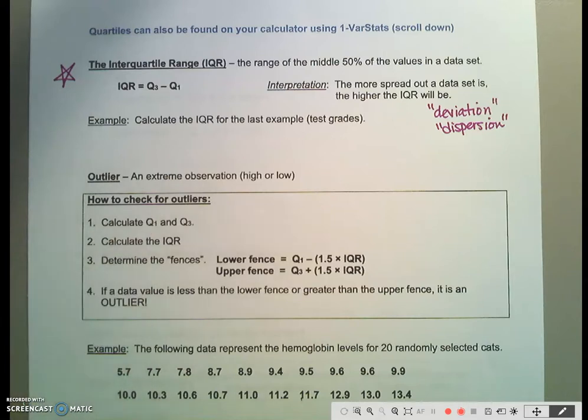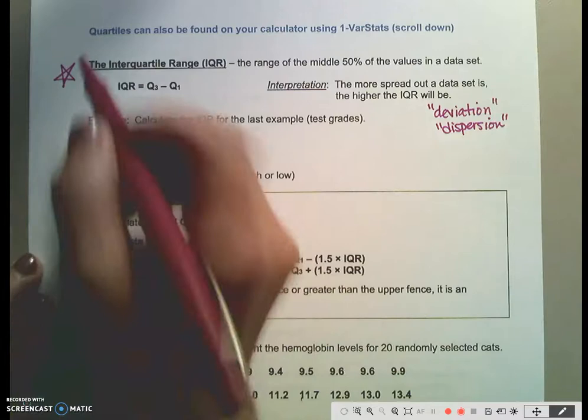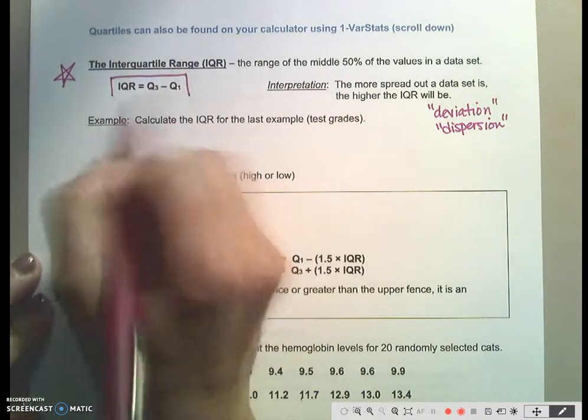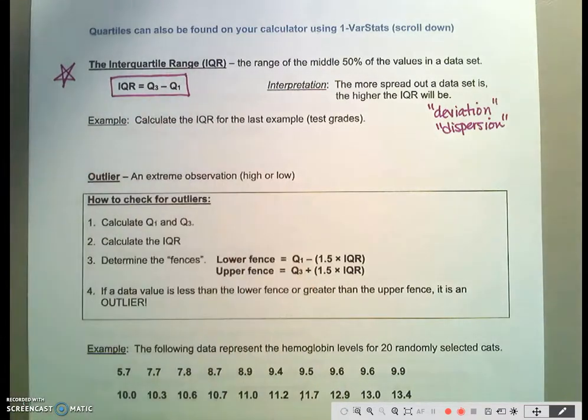We have mean and median that measure the center. So how do you get the IQR? It's this little formula right here. It is literally the range of the middle 50%. So if we go back to this picture,